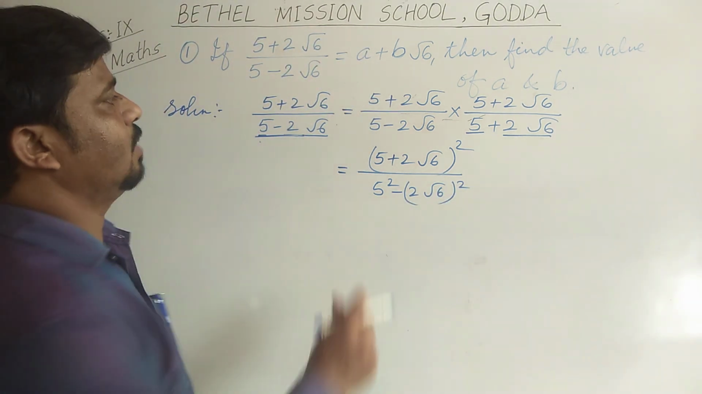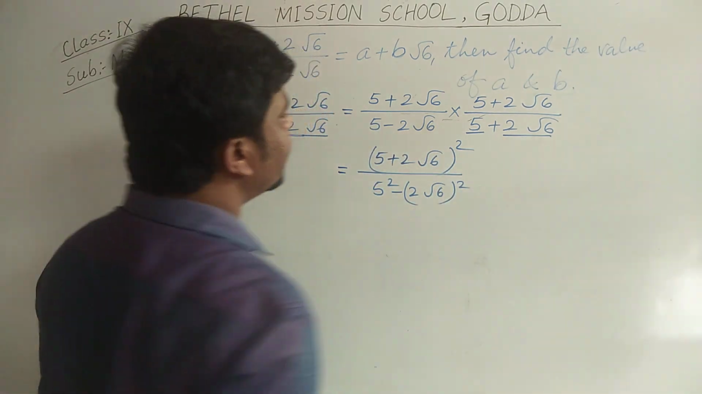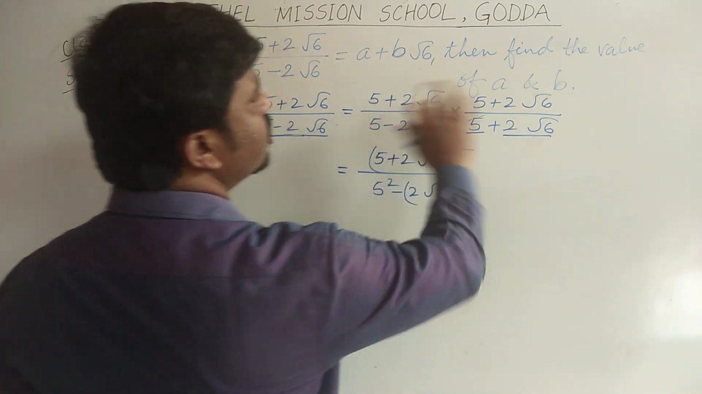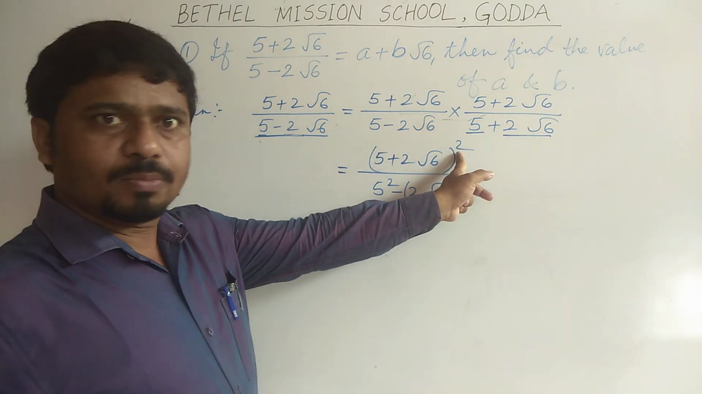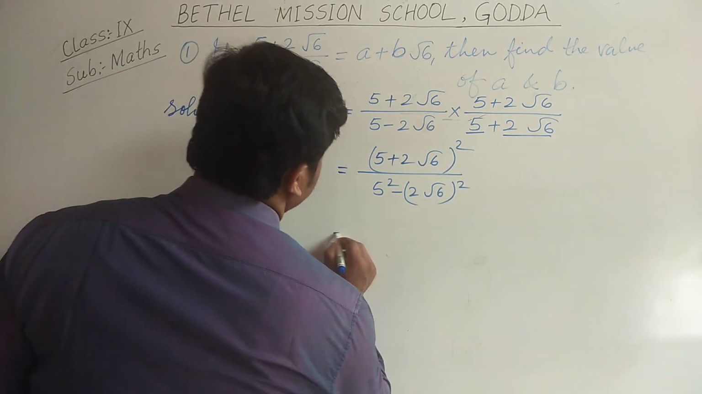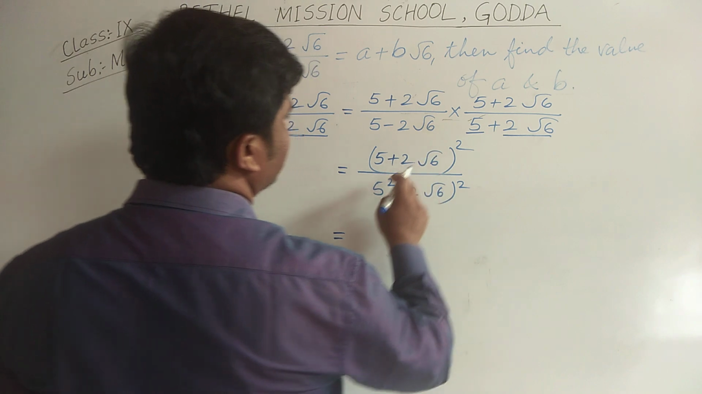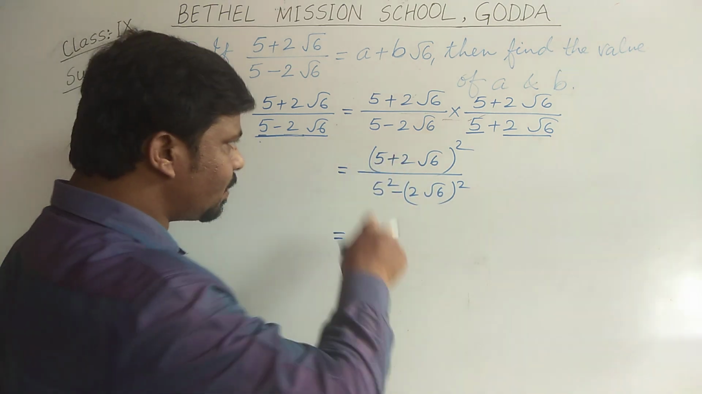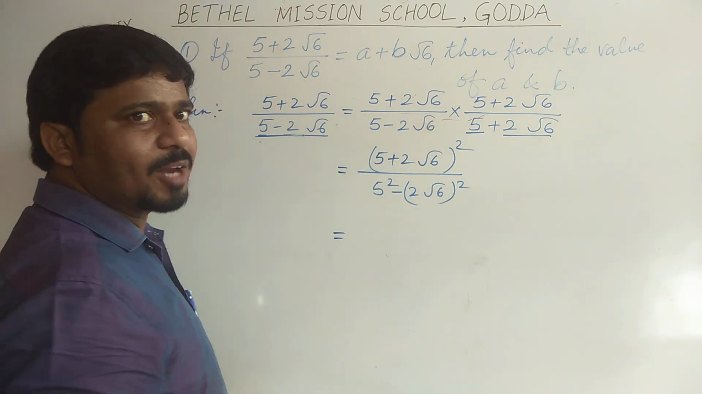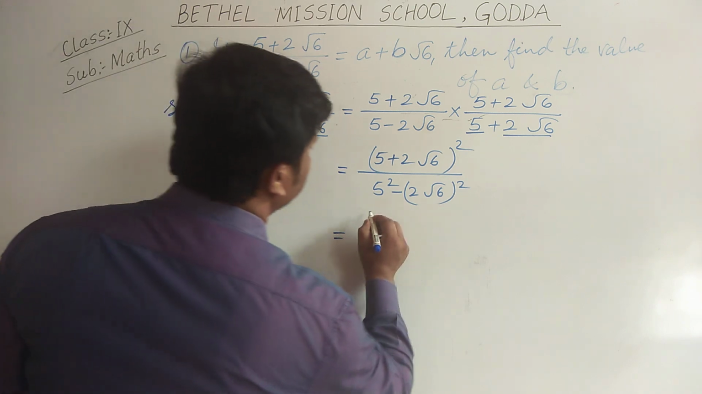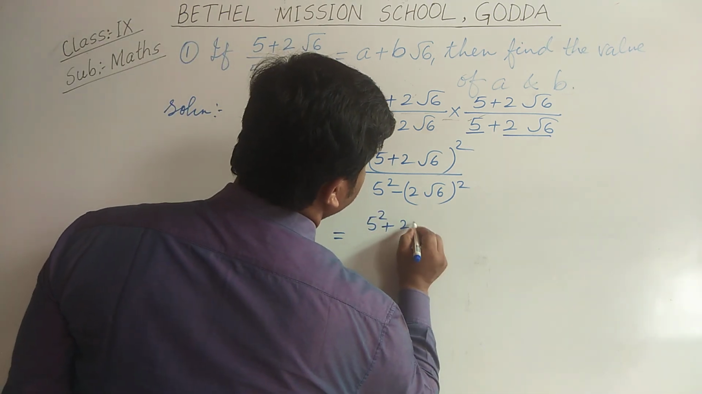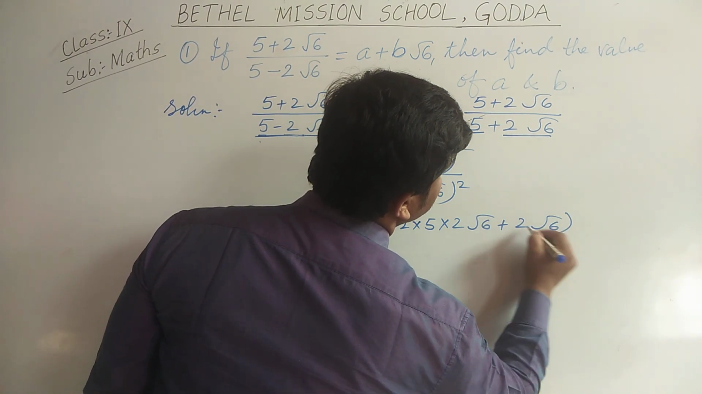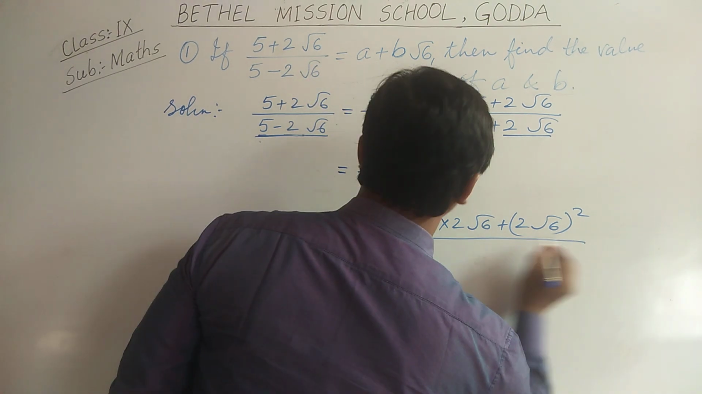a² − b², because (a − b)(a + b) equals a² − b², and here (a + b) into (a + b) means 2 times there, so that's why I put power 2. These 2 times is a square, whole square. So I will write the value property here. We will put the values of a and b in the property: whole square of (a + b), and you know (a + b)² is a² + 2ab + b². So 5² + 2 into 5 into 2√6 + (2√6) whole square upon